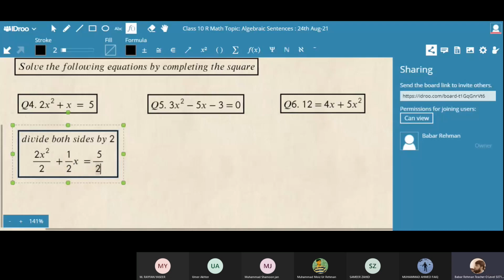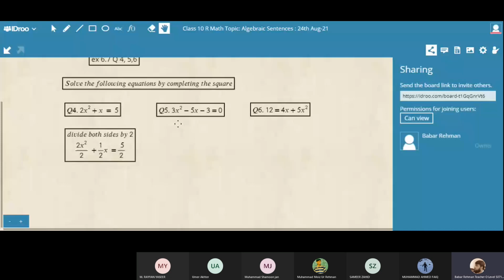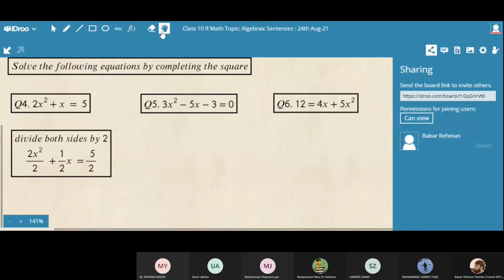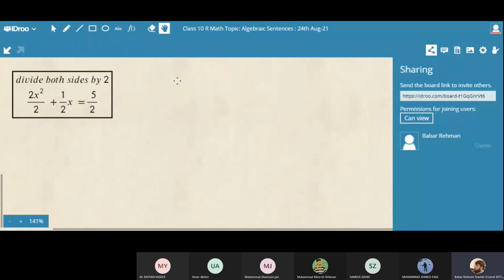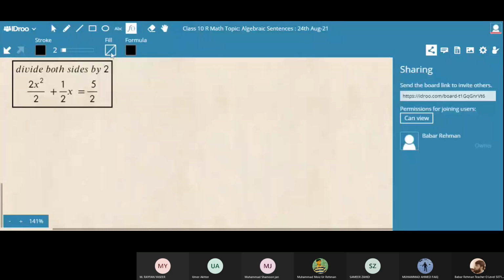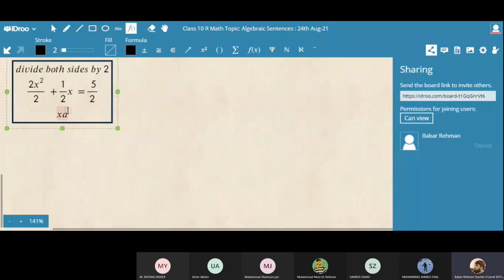Okay, hope you all got this concept. Did you get this concept? Yes, sir. Okay, what is the next step now? What is the next step? 2 and 2 cancel. Only x square left plus half x is equal to